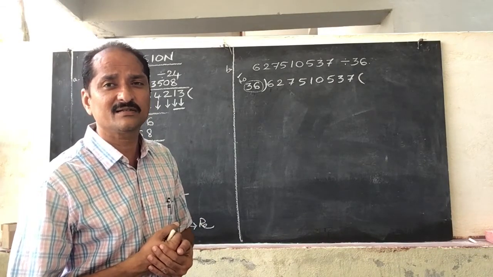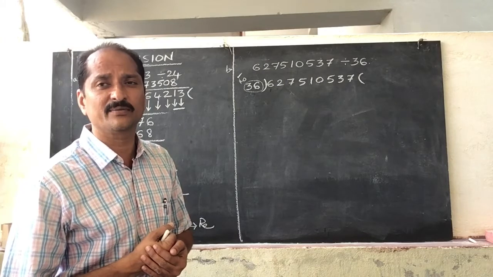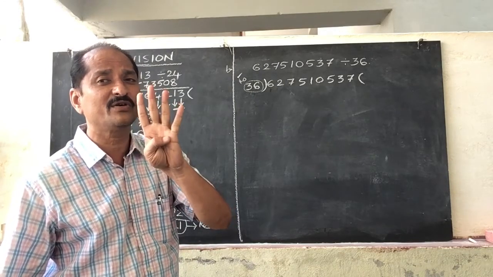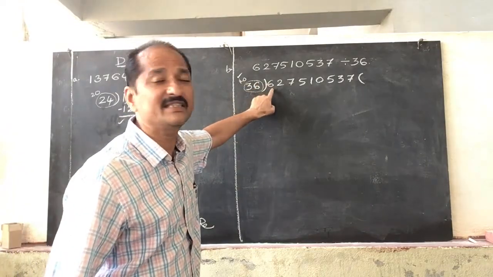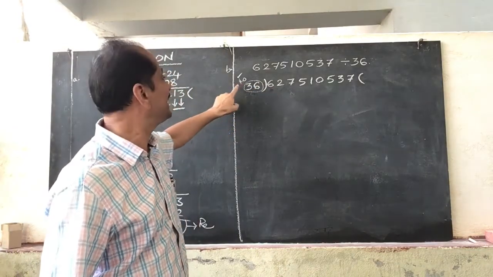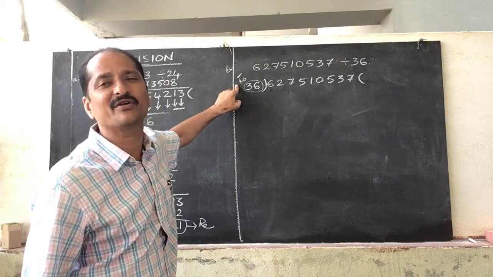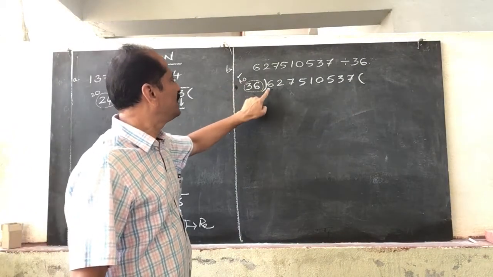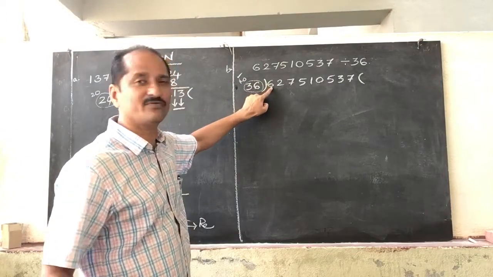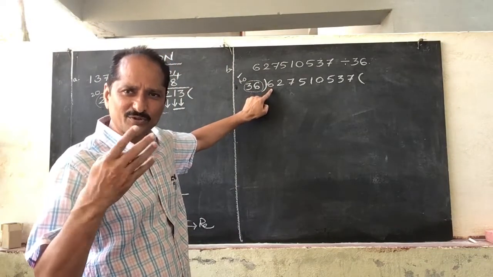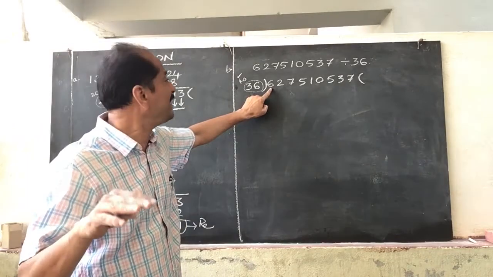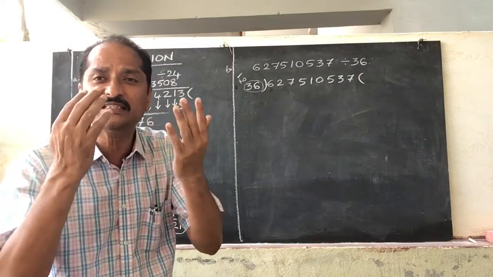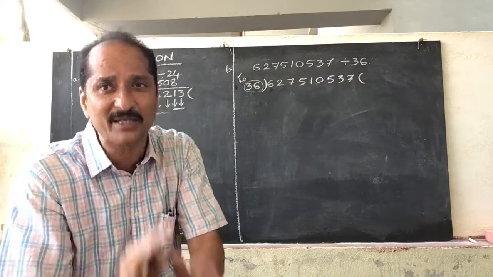ఎందుకు రౌండ్ ఆఫ్ చేస్తున్నాం? Because we don't know the 2-digit table. So we are dividing with a 1-digit number, that is the 4th table we know. How many times is the first digit divisible by the divisor? అందుకోసమే దాన్ని రౌండ్ ఆఫ్ చేస్తున్నాము. గుర్తుపెట్టుకున్నారా? ఓకే. So now how many 4s are there in 6? 1 four. కాబట్టి 1 time ఇటు పోతుంది అని తెలుసుకోవడం కోసం. How many 36s are there in 62? 62లో ఎన్ని 36లు ఉన్నాయి తెలుసుకోవడం కోసం మాత్రమే రౌండింగ్ చేస్తున్నాం.